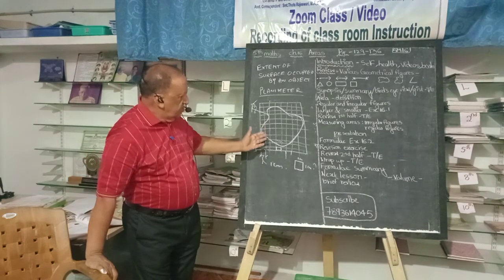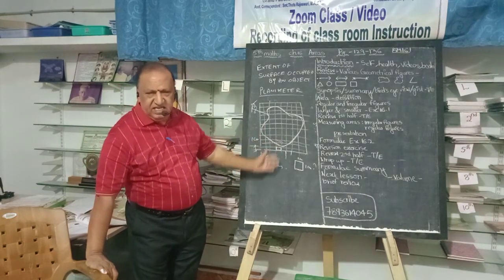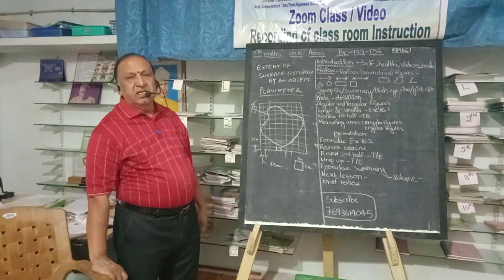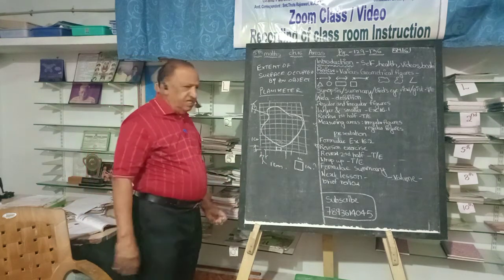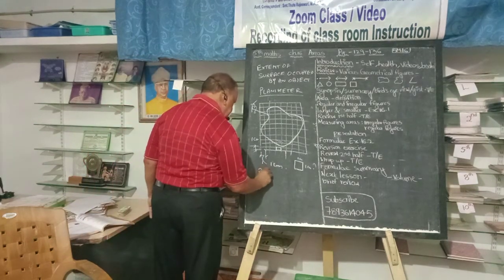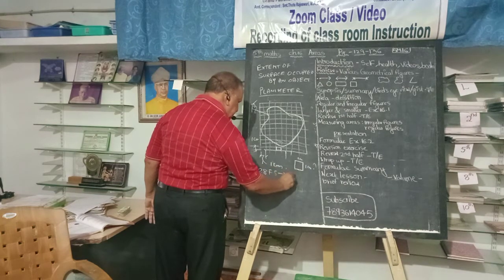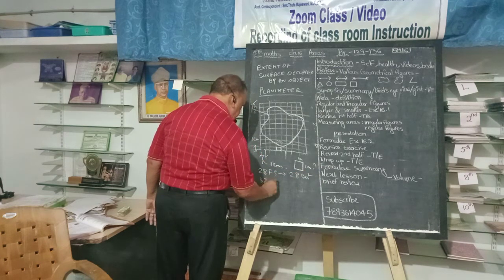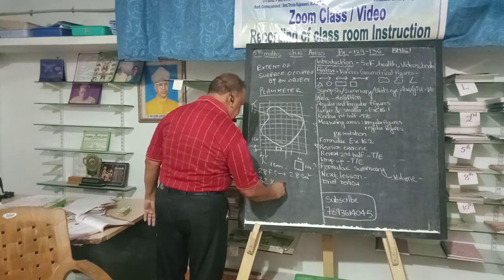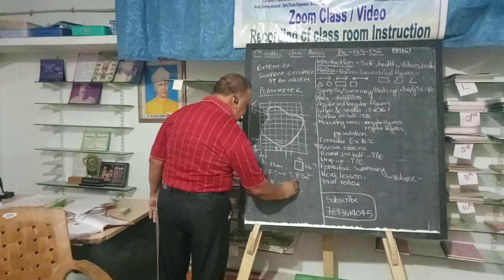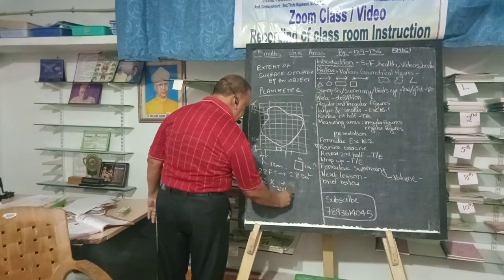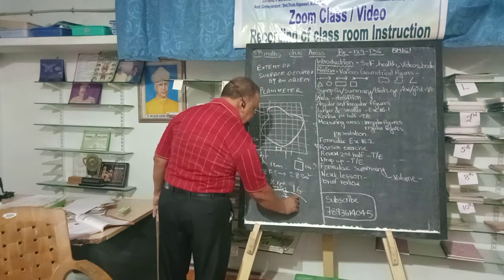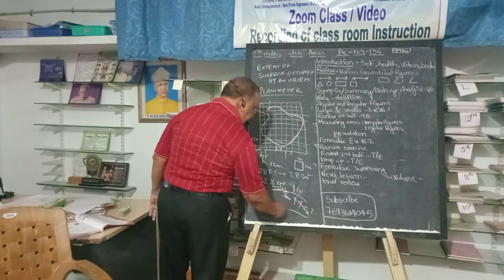But here, when you have an irregular figure like this, what you have to do is draw the figure on a graph paper, count all the full squares and half squares. Based on that you will calculate. Suppose there are 28 full squares, that is equal to 28 centimeter square. Suppose there are 32 half squares, that means 32 into half is equal to 16. So you add 16, so the total area is approximately 44 centimeters square.